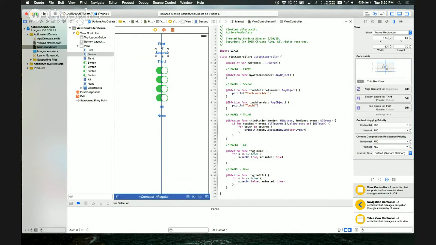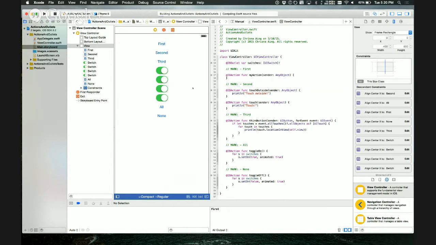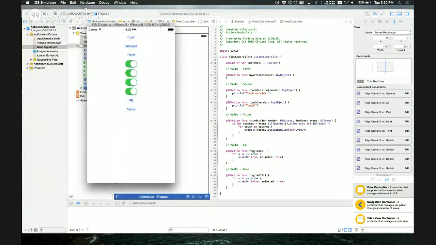Yeah, so in this demo, I have one button where if you touch up inside, it'll print touch, and if you touch up outside, it'll print touch outside to the console. So if I run this quickly, it comes up. Now I'm clicking and letting go without moving the mouse, and it'll print touch. And then if I click, move outside of it, and then let go, it'll print touch